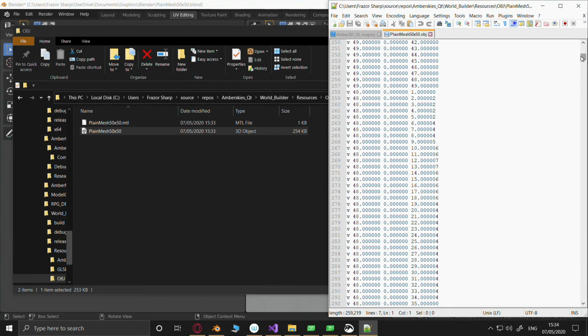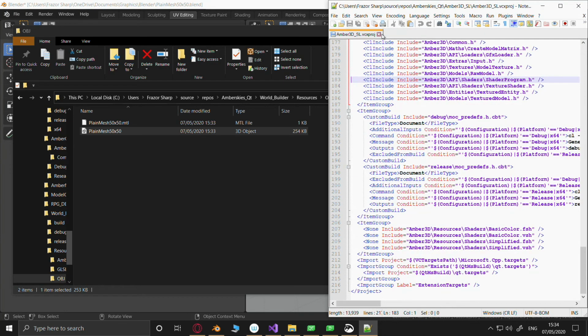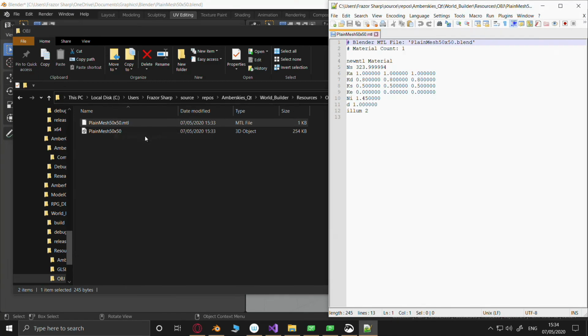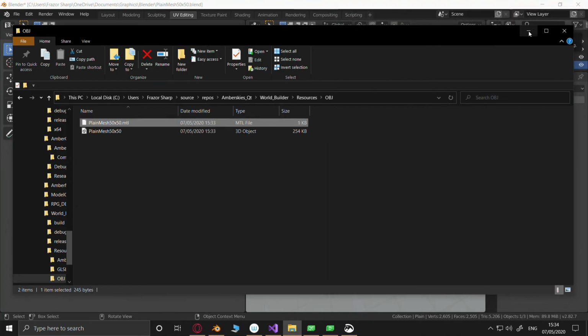That's right. But it hasn't put the material in. So no, it didn't assign the texture. Why not?